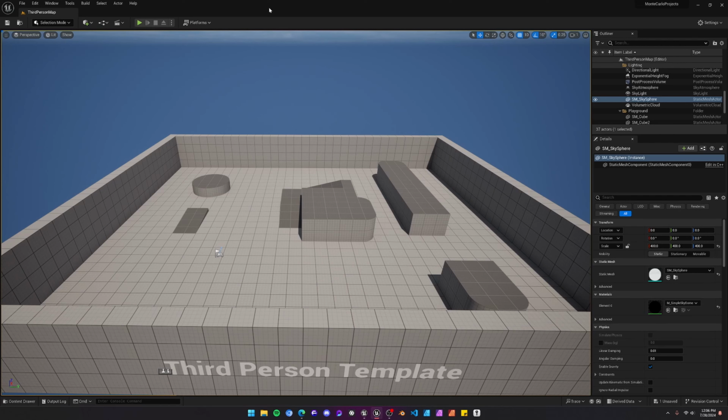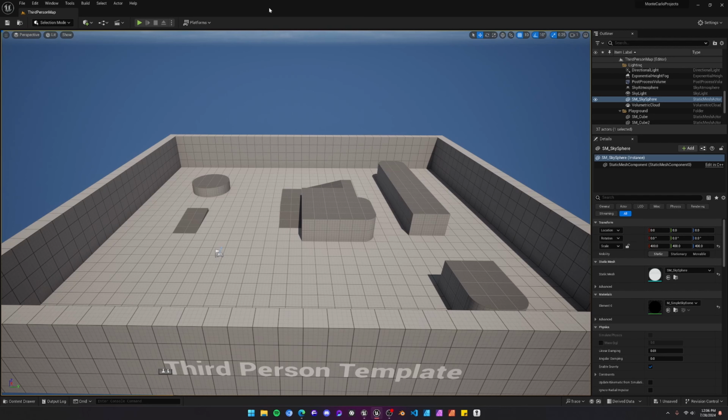Today we're going to be talking about basic switches that cause something to happen elsewhere in your level. This is a fairly simple thing to do, but when I was first starting out in Unreal, I had no idea how to do it, and I ended up using level sequences to do things that really should have just been done with blueprints. So, in an effort to maybe save someone else from all that pain and suffering, we're